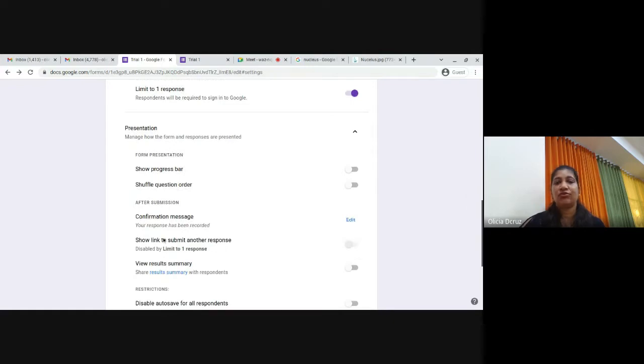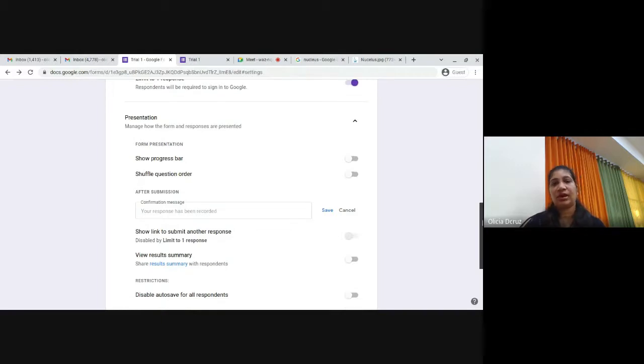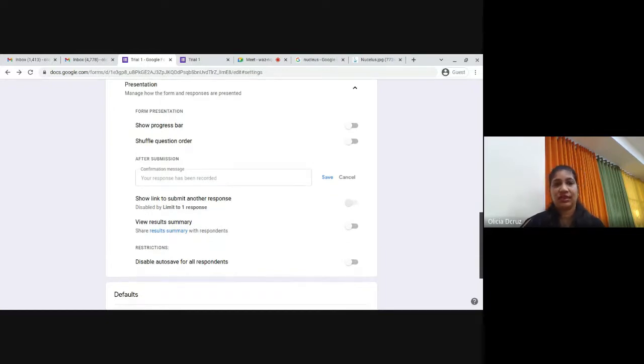This is the place where you can change the option. So here, by default, it says your response has been recorded. If you want, you can change it to well done, or I'm happy with your performance, or I'm sure you will be able to do much better. Anything that you want, you can save it, but you can't customize this for each child. So it has to be common for everyone. So depending upon how you want that feedback to be given, you can add a message for the students there.